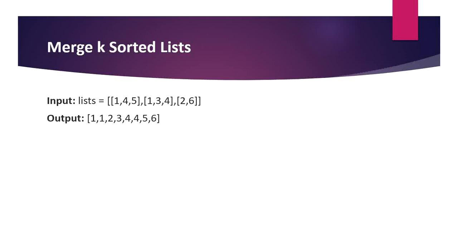Hello guys. So today we are going to see the merge k sorted lists problem. What are the inputs given for the problem? They are given a list of lists, or we can say a list of sorted lists, and we have to return a single list of sorted numbers from all those lists. Here in our first example we have three lists, and we are returning a single list with all the values from the three lists in sorted order.